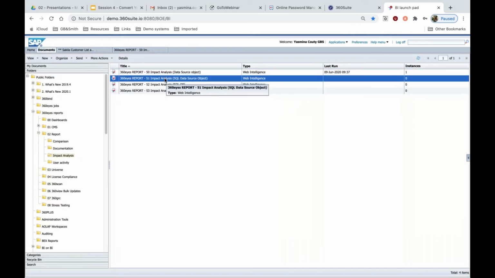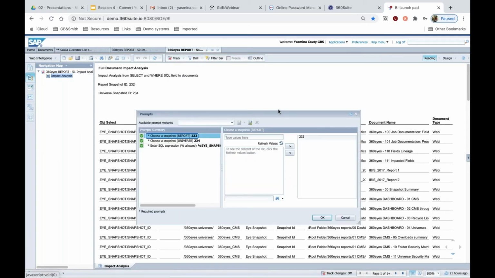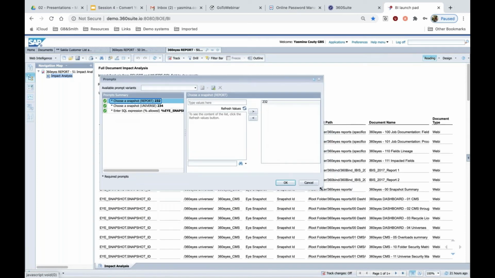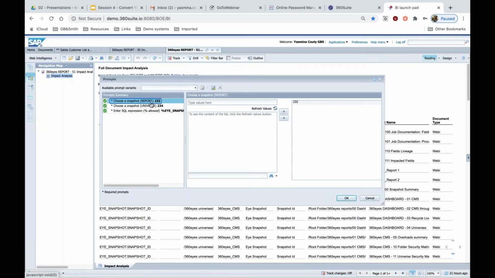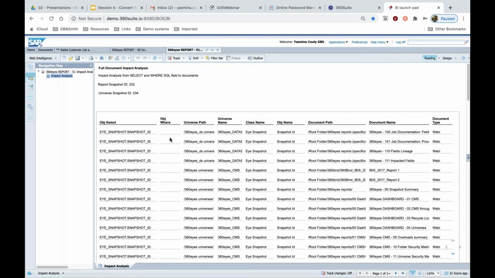We have the impact analysis for the SQL. So we're going into the data source at this point in time, so more of a lineage. In this case, you are free to use SQL expressions and statements. We're blending in from the report. So we're picking from our file store, we're picking from a universe as well, and then we can specify the SQL. Here I'm interested in this particular column in my database, and if I make a change to it, what is going to be the impact on the universe as well